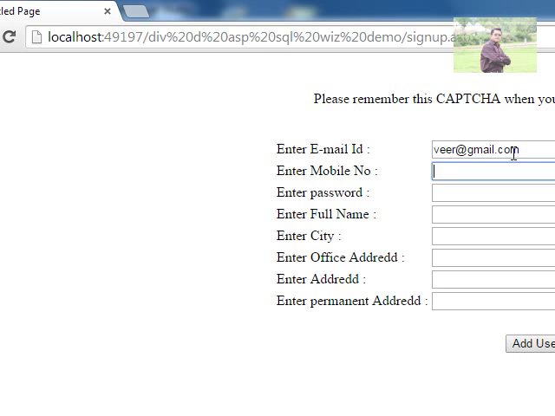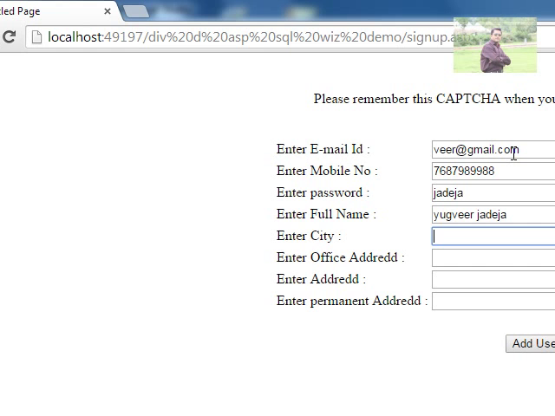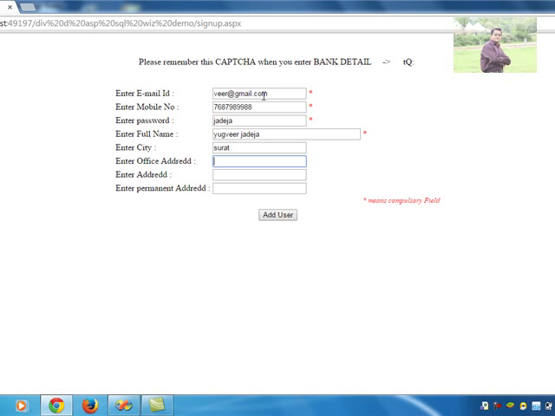veer@gmail.com. Mobile number 7687989988. Password is Jadeja. Veer Jadeja. City Surat. Office address, permanent address, and finally